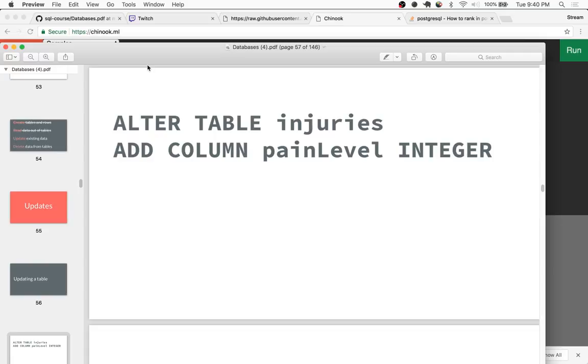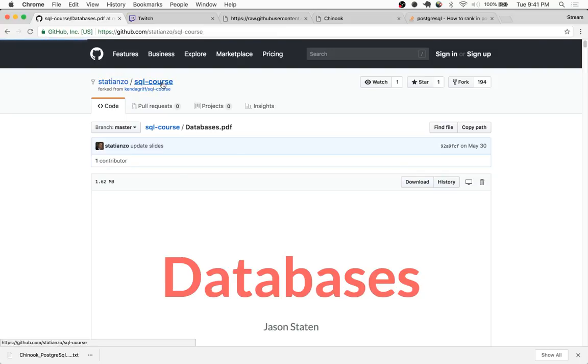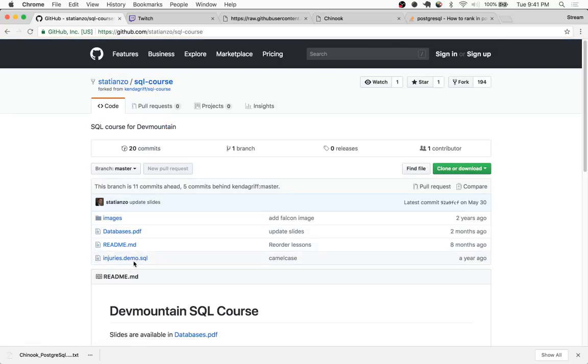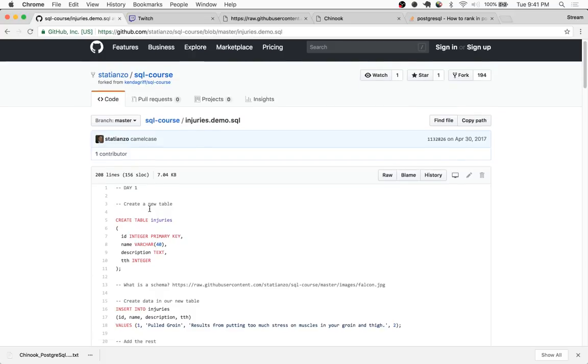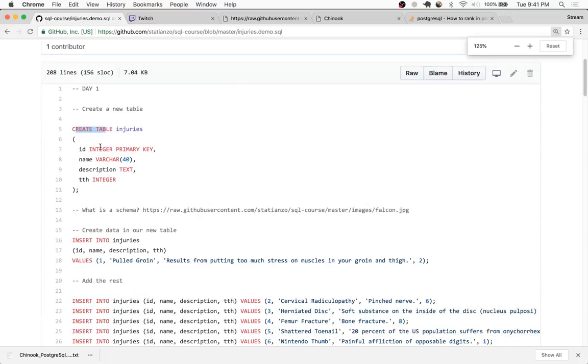Injuries are a thing that can happen to you, and they have a few things. I will show you in the SQL course stuff, so you can see that. So when we're building up our initial database, we create this new table that is called injuries,